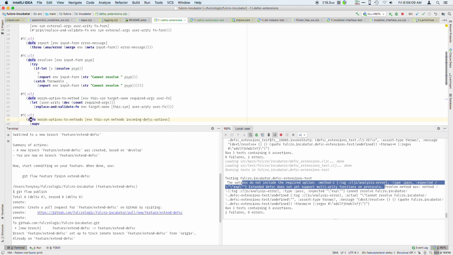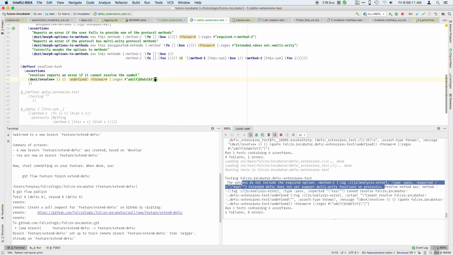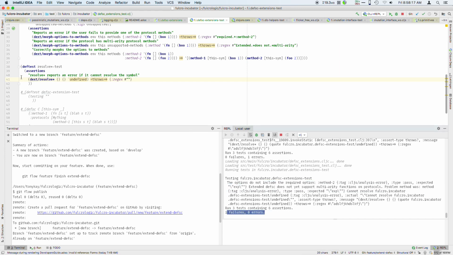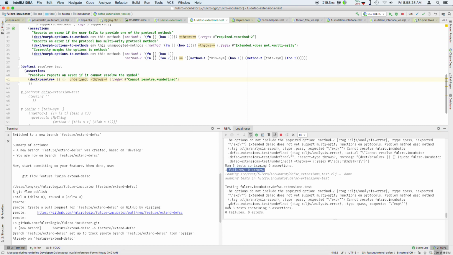Okay, well, I'm not sure why the testing system is giving me the additional stuff, but I have one failure. I'm mainly looking at the numbers down here because the output is hard to see, and I'm not getting green markers. But I'm going to say cannot resolve undefined, and now I get no failures when I run the tests. Okay, so,